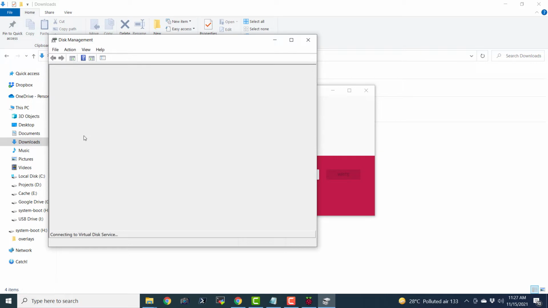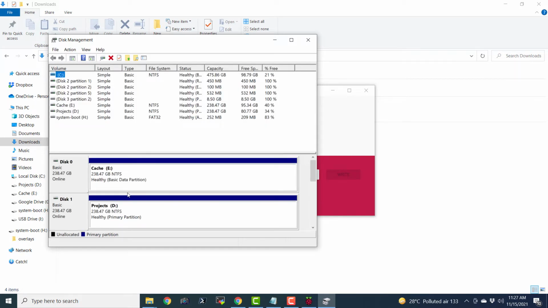I have got many physical drives connected to my motherboard. That's why it is going to take some time to read the data and to display it visually. But this is an excellent tool. It is going to show you the summary of all the disks connected to your computer. And it is going to tell you which one is the removable disk and which ones are the disks connected to the motherboard directly.